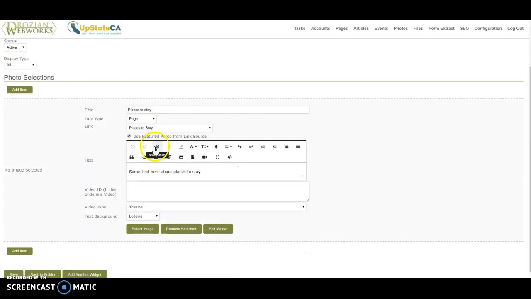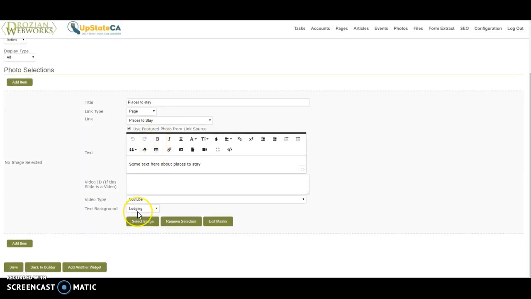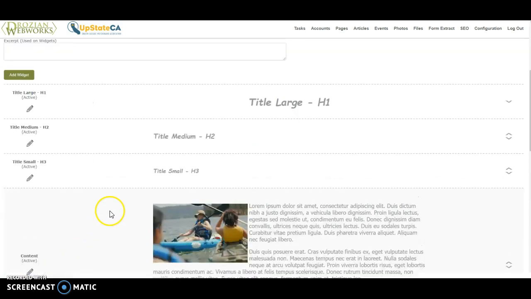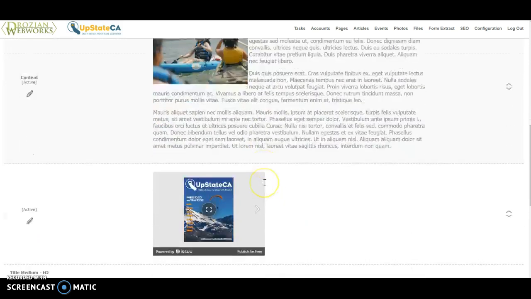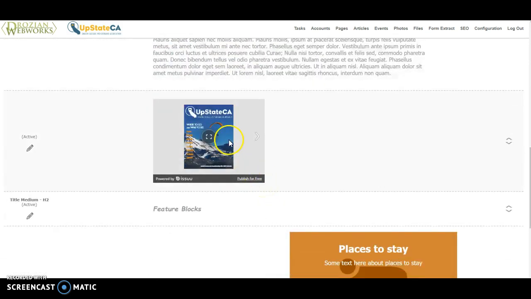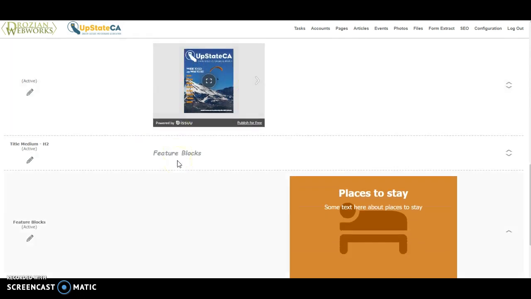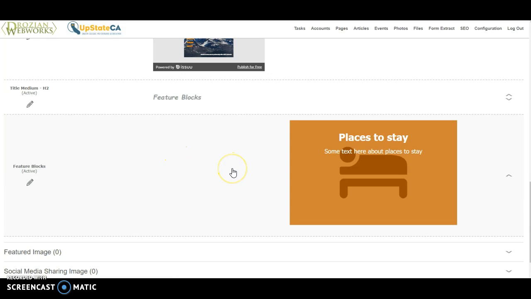Okay, and I'm going to go back to the builder now just so that you can see a little bit of what happened. When I go back to the builder, you'll see I have my title H1, my title H2, my title small, then my content block that I created. Then this is my embed code that I created. Now I have my feature block,